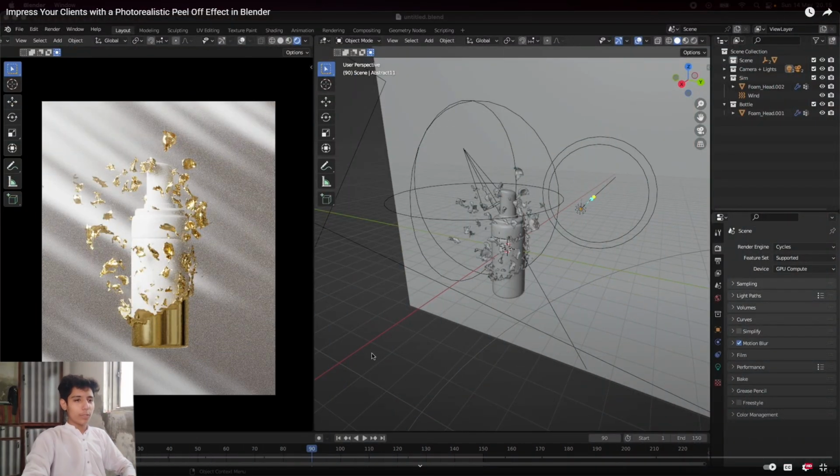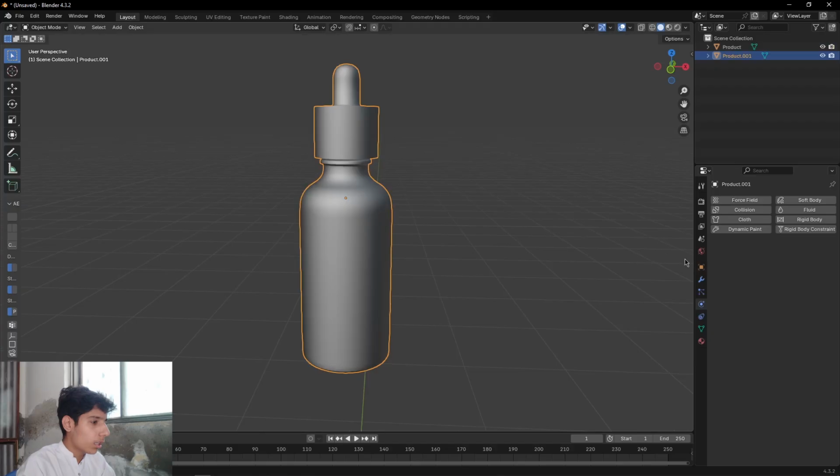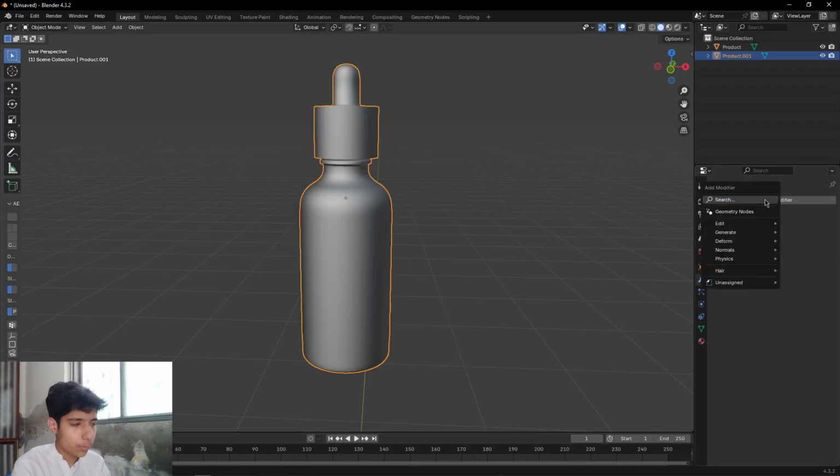Hi everyone, so today we are going to create this peel off effect in Blender. Select your main object, duplicate it, come to the modifier tab, add a displace modifier,